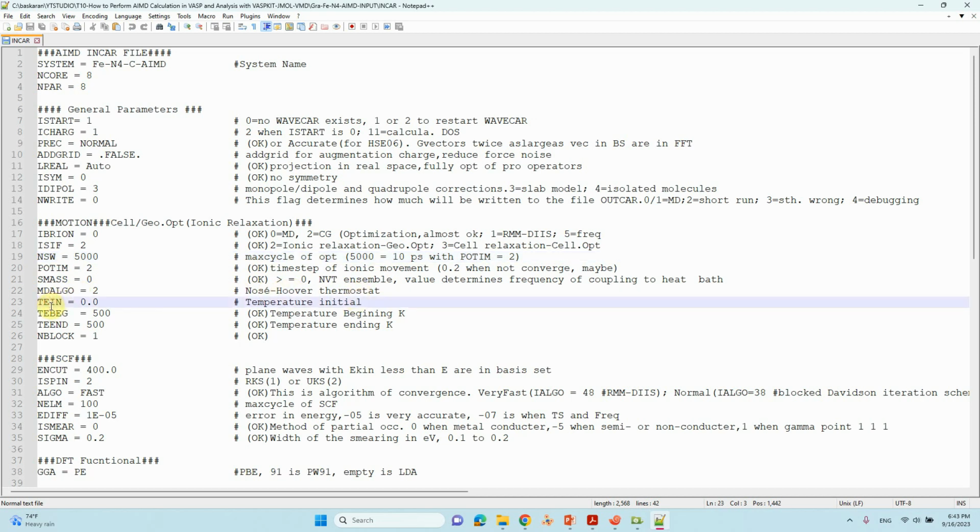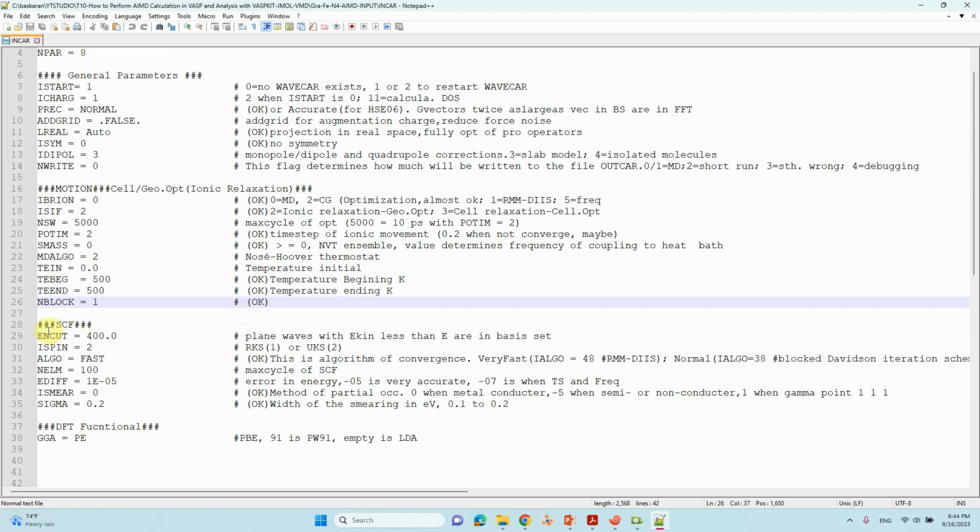Here you see the temperature. You can set initial temperature 0 Kelvin. NSW is 5,000 steps, and TEBEG, temperature beginning, 500 Kelvin, and TEEND, temperature end, also 500 Kelvin. If you want to give another temperature, say 900, you can give 900 here. That means your calculation will be for 900 Kelvin temperature. So these are the important ones. You can also give NBLOCK 1 for dynamics calculation. And also here see the important SCF